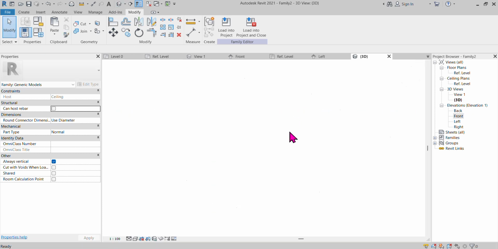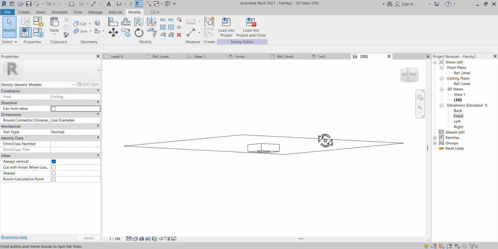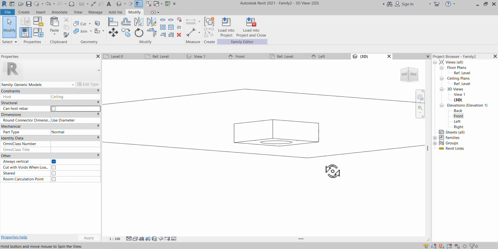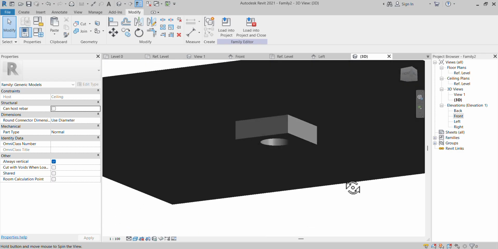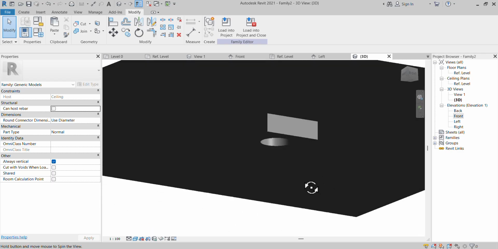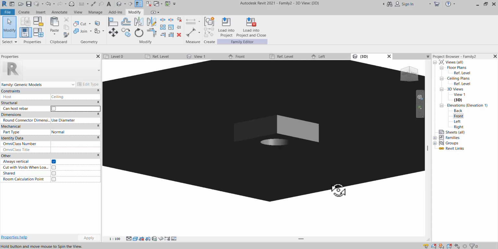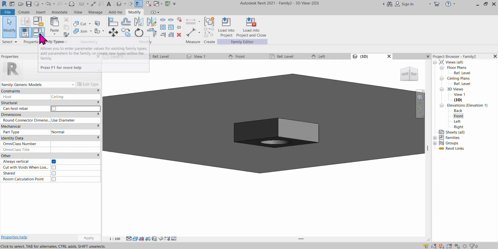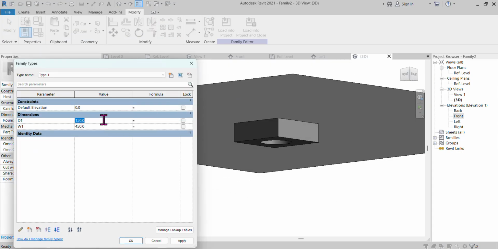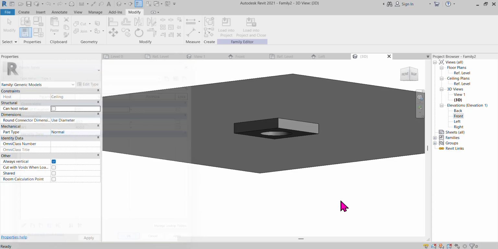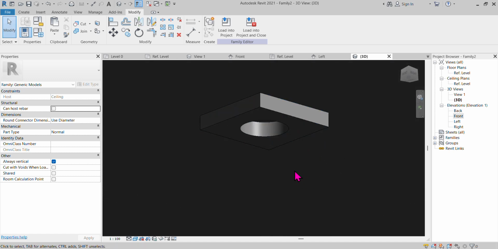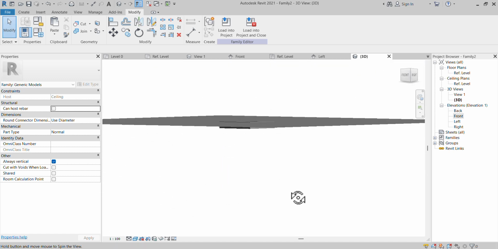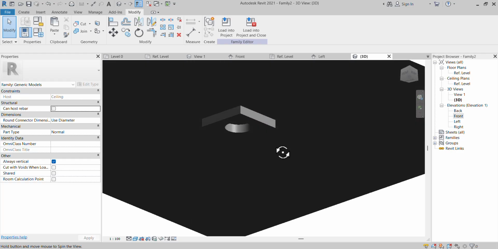Now you can see in 3D, it looks like this. You can check with your model. It looks like this. So see, for example, now I can change my depth, and it's changing. Okay. So now you can go to find out